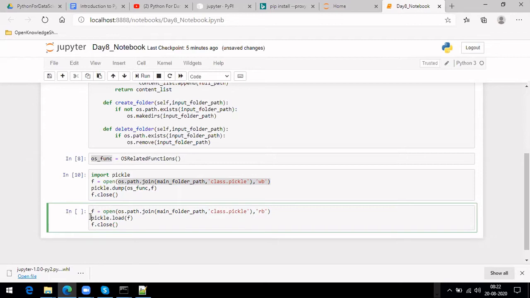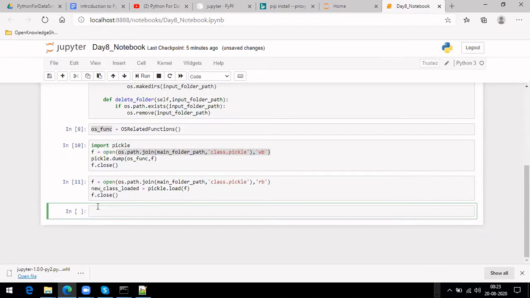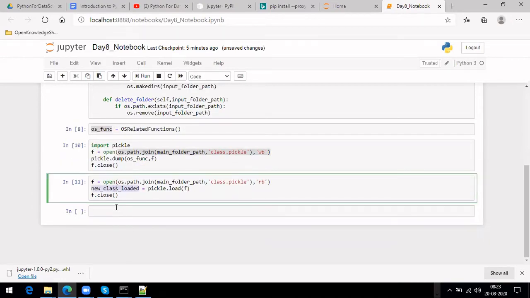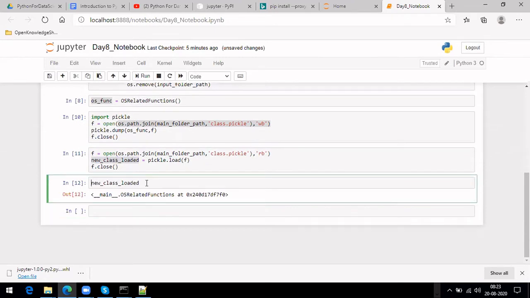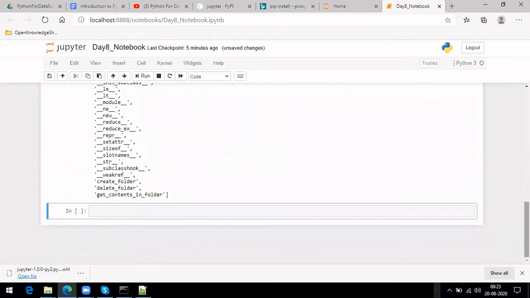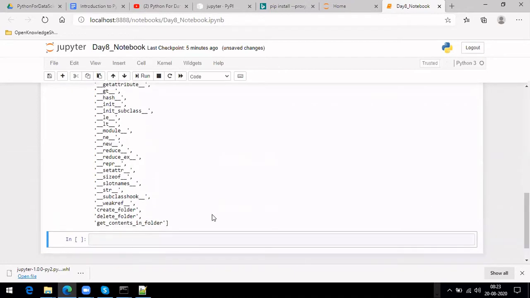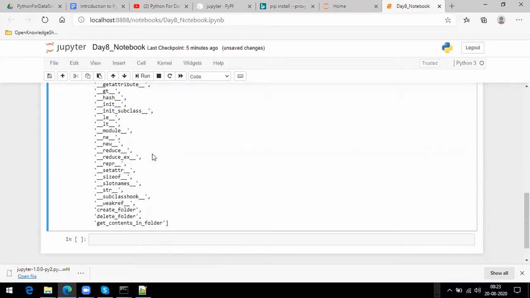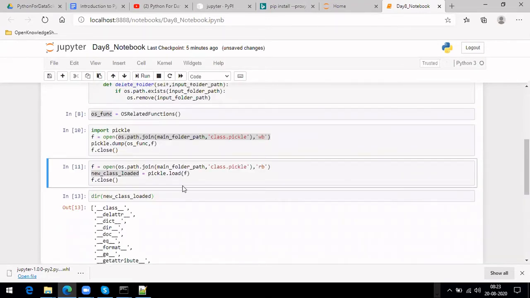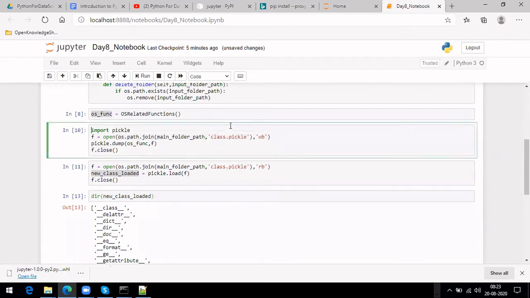Let me take it in a new class, new class load. We'll check what this new class has. If I look at it, see, it has all the functionalities that we had previously, right? So this is one more example of using pickle. Okay, is it clear?